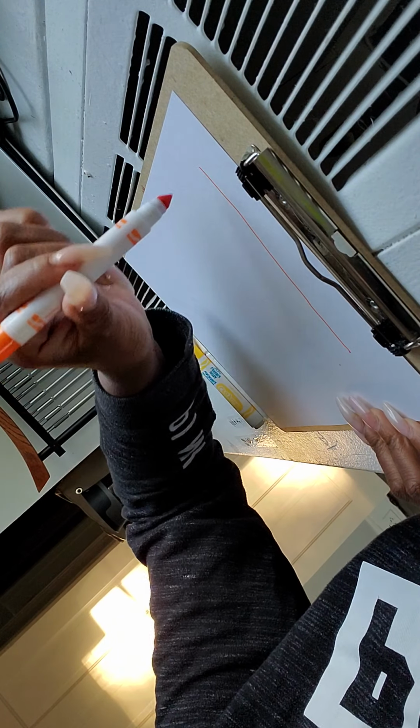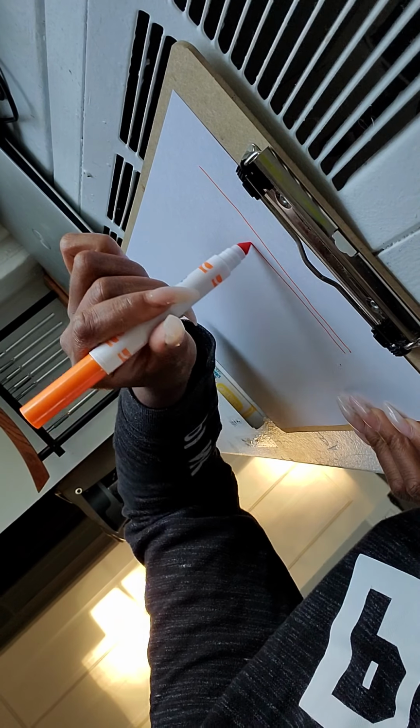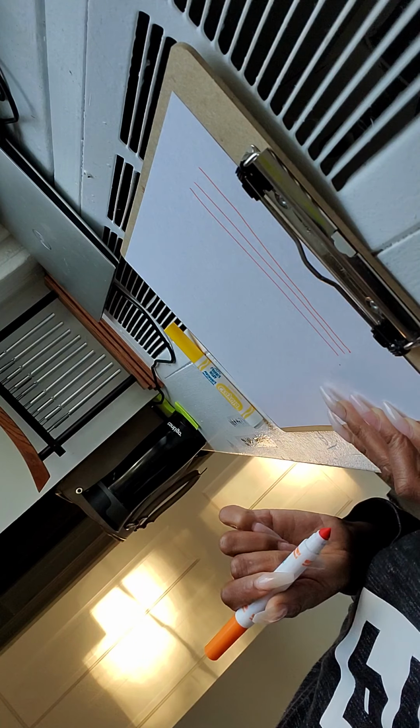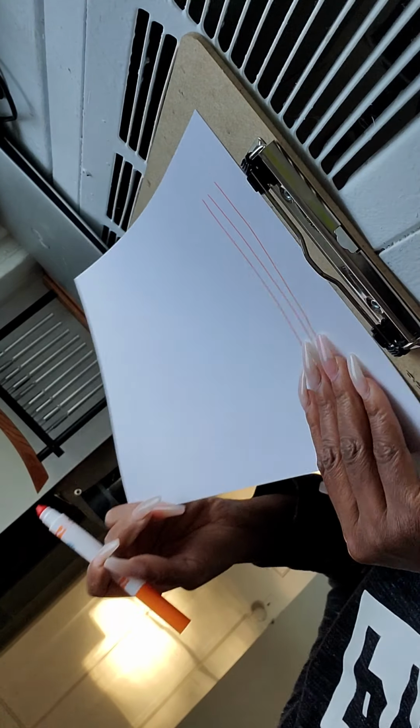Don't press. Drag it to make another fine line. Don't press hard. Drag it to make another fine line. Then, after you make those three fine lines,